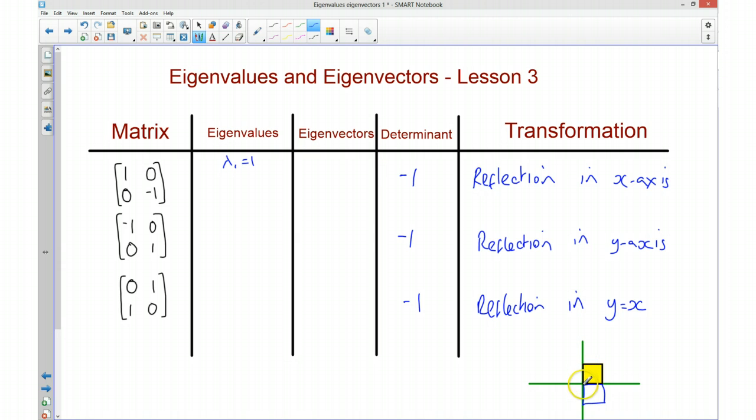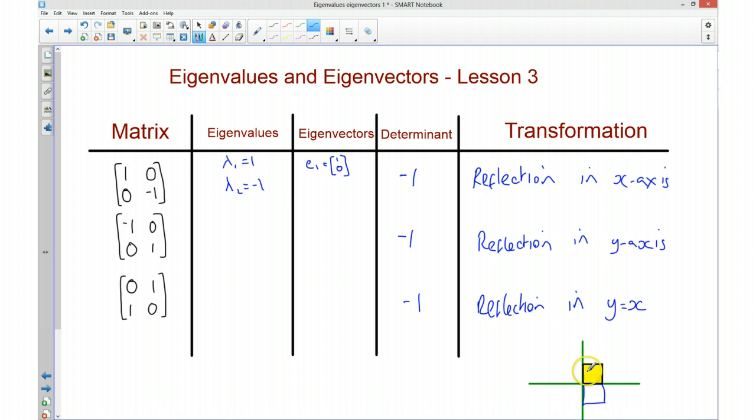then my other eigenvalue is telling me, well, that point there is being stretched in a negative direction by a factor of 1 to that point there. That point there is being stretched in a negative direction to that point there. So that tells me that I'm going to have an eigenvalue of negative 1. Well, the eigenvector for the first one is going to be 1, 0, because that's the direction of our x-axis. So my eigenvector 1 is going to be 1, 0,